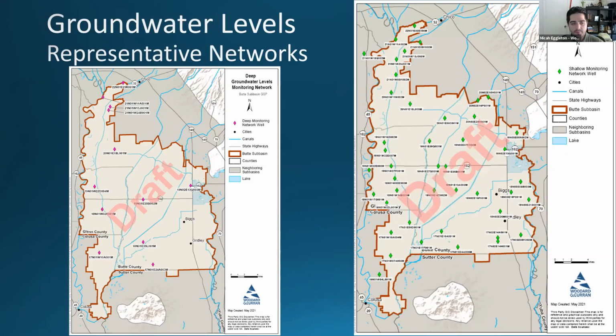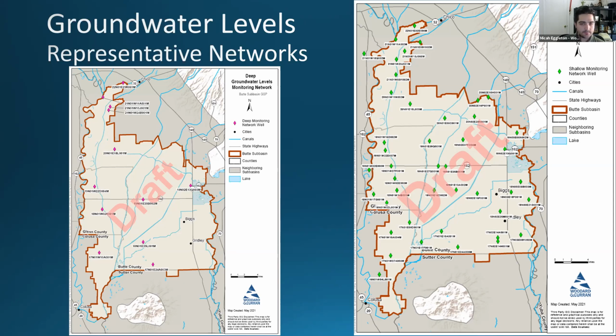And we have these 2 maps that kind of show where our well locations are. Now, these are the refined groundwater representative network wells. So every single one of these diamonds has a threshold applied and calculated for them. So the pink diamonds on the left-hand side of your screen are our deep network, and the green ones on the right-hand side of your screen are the shallow representative network. You can see there's really good distribution. It totally meets the best management practices outlined or provided for SGMA. So these are really thorough networks.